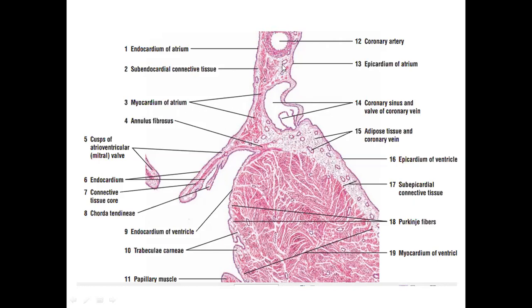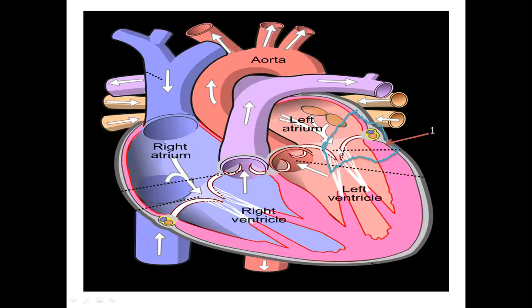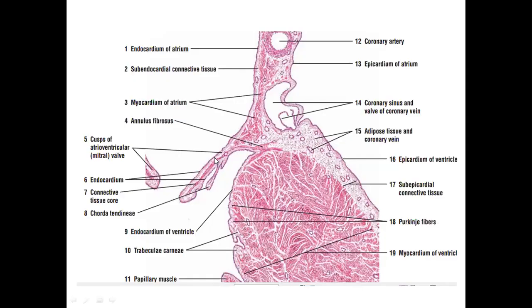Now just compare the total thickness of the atrial wall with this part, which is taken from the left ventricle, how thick the ventricular walls actually are. And then just compare the thickness of the myocardium with the myocardial part of the ventricular wall. And between them, you must have a valve part, the cusps of this bicuspid valve. So again, this is a cusp of the atrioventricular valve or mitral valve.